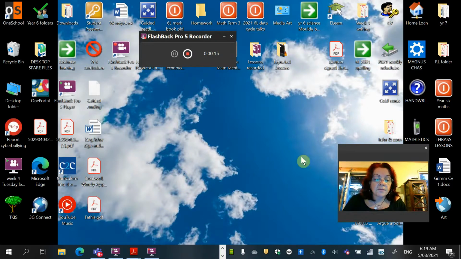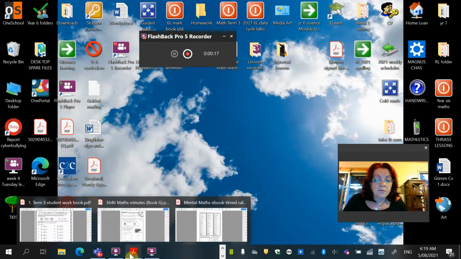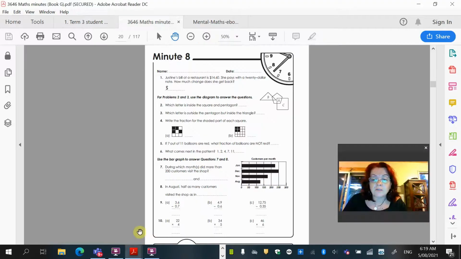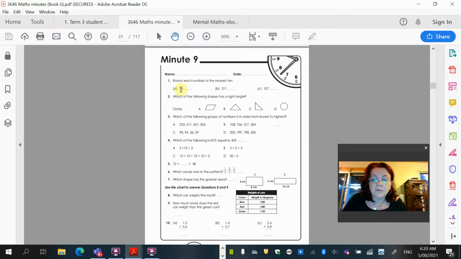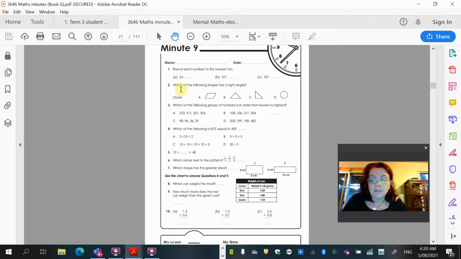So what I would like you to do for Maths Mentals, and of course you can download these from Teams, is this is the Minute Maths book, and we did 1 to 5 on Monday, Tuesday. We did 6 and 7 yesterday, and today is Minute 8. And Minute 9. Go through, make sure you head up your book properly, write down the answers for those, have